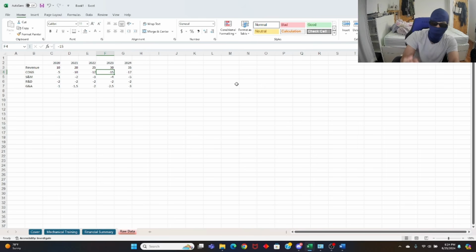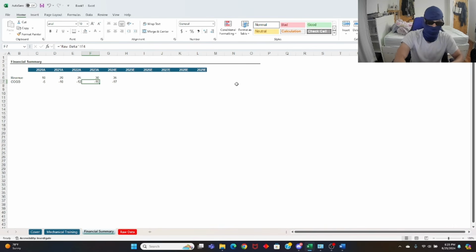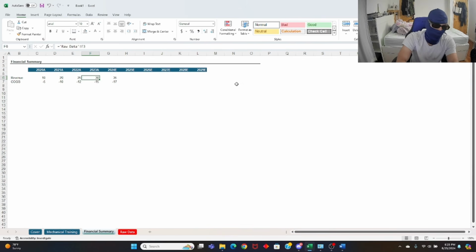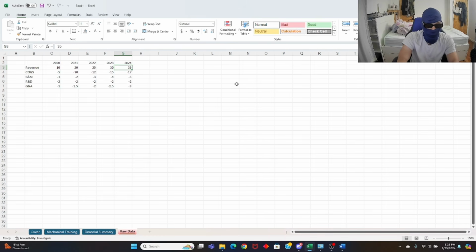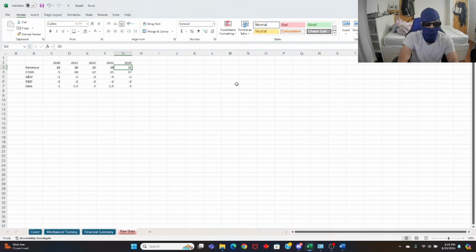And now if you want to return back to your financial summary tab, you're going to click F5. What F5 does is it remembers the prior location on the prior sheet where your cell was before you moved it. You're going to click F5, enter. Where does 30 come from? Control, left bracket. Oh, I see. Let's go back to where I was. F5, enter. 35, F5, enter. And then you could do F5 and enter, and you guys can hop between sheets.